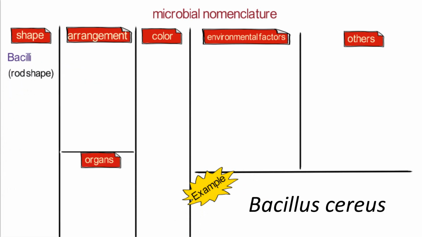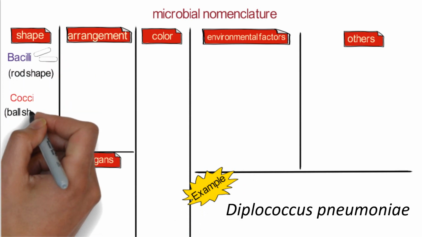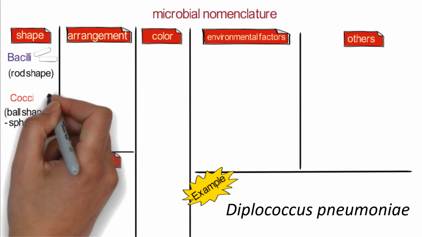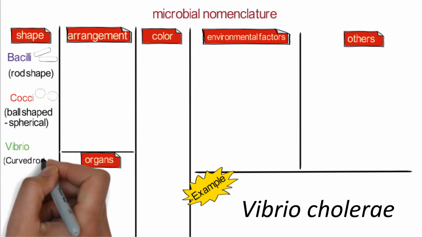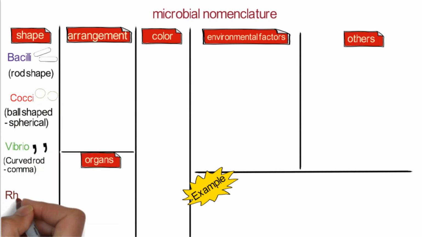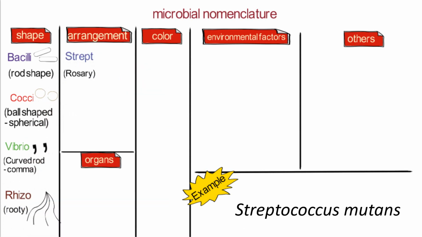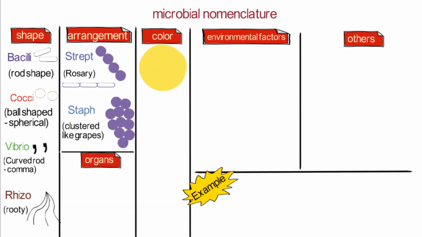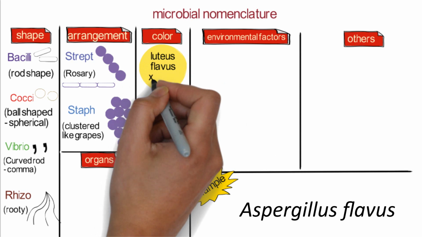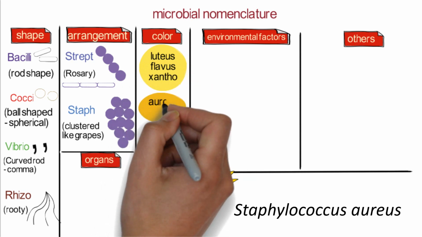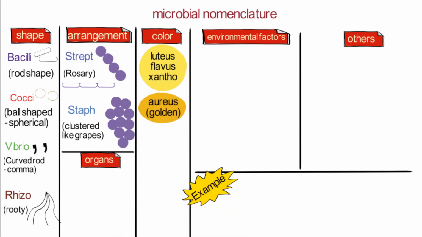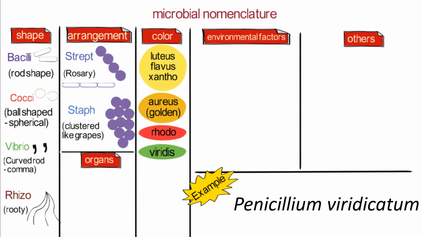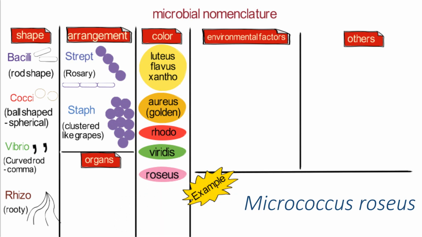Bacillus indicates rod shape, cocci indicates bowl-shaped spherical, vibrio curved rod like comma shape, rhizo rooty like plant root, strepto rosary shape, staphylo clustered like grapes, luteus, flavus, xantho yellow, aureus golden, rhodo red, virides green, roseus rose,